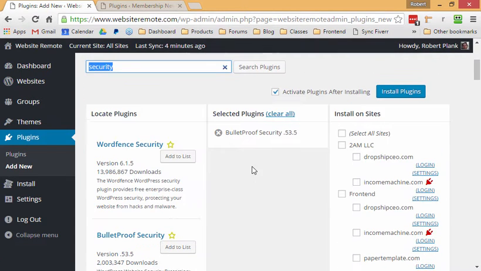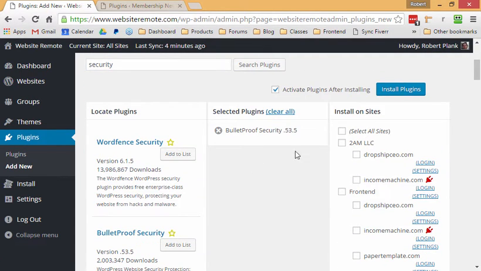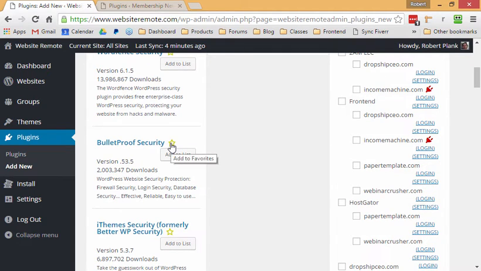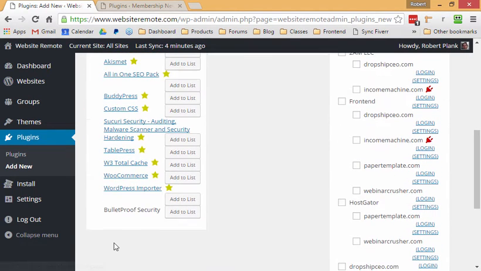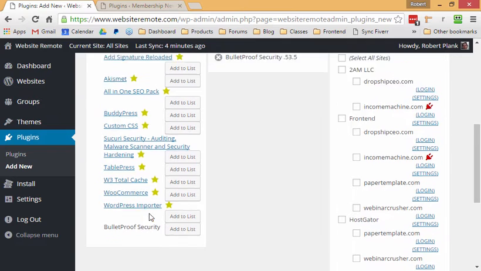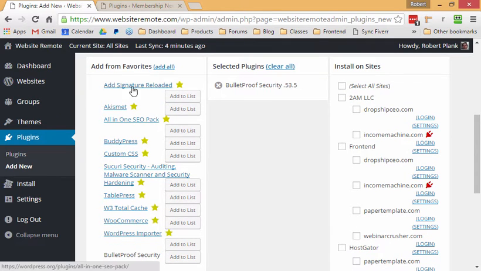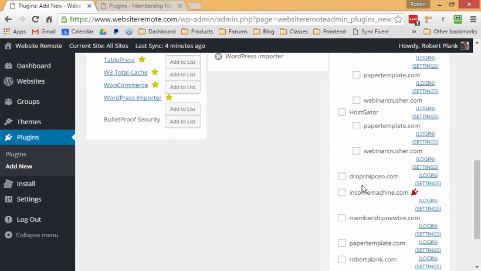So I can do two different things. I can add it to the list right now to install, but I can also say, well, in the future, when I install a new site, I want to keep this handy in my list. So we click this star to add to favorites, and now if we look at our list of favorite plugins, we have Bulletproof Security and these other plugins. We can just have a package of plugins we usually prefer, add all,